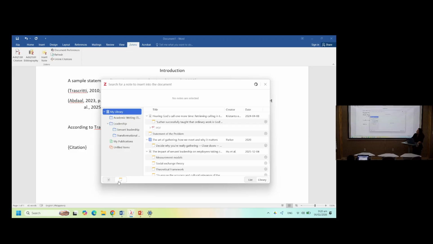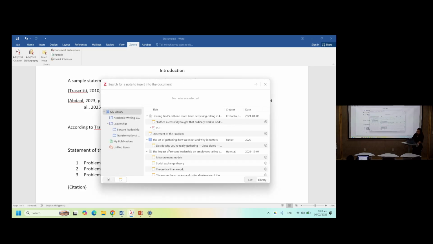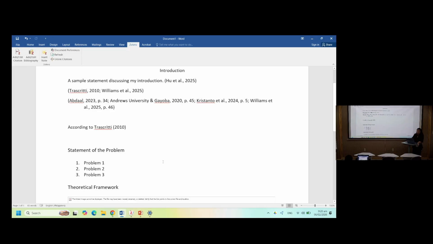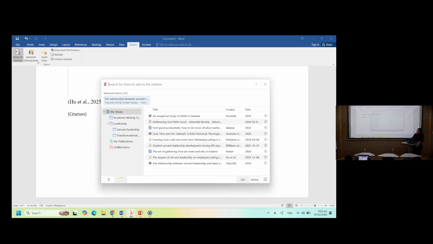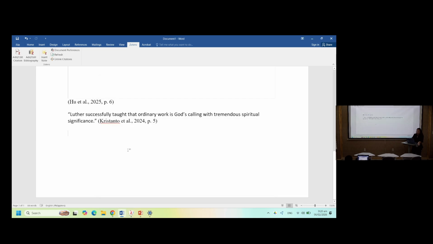But if you click the other notepad icon, you will see the quotations that we added. So say for example, I want to add my statement of the problem. If I want to add the theoretical framework, oh, there's just an error at the moment. And then if I want to add this quotation, it's there.